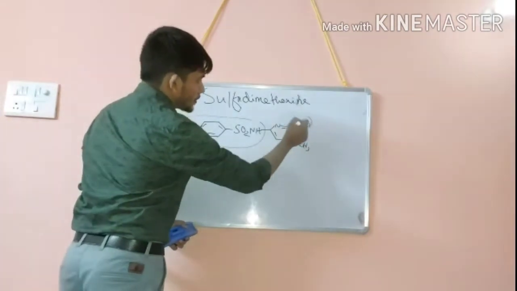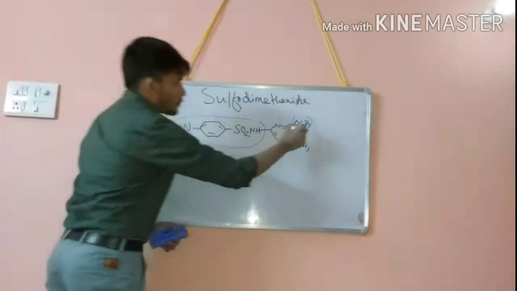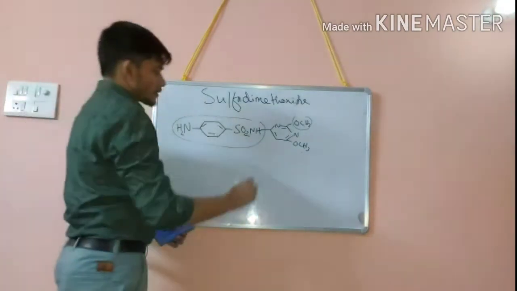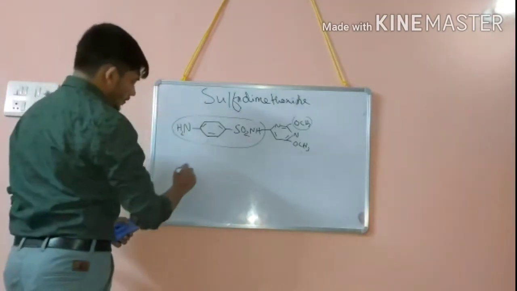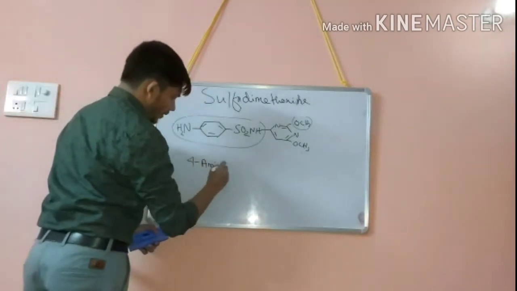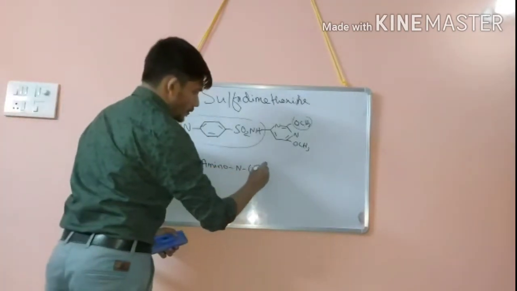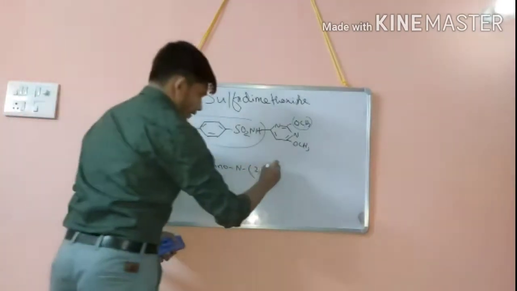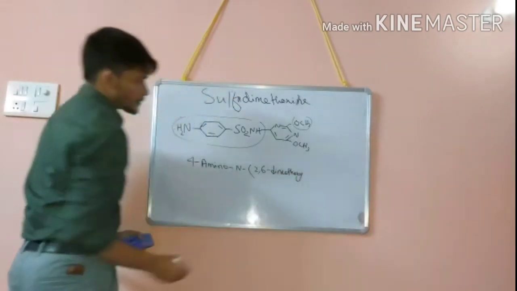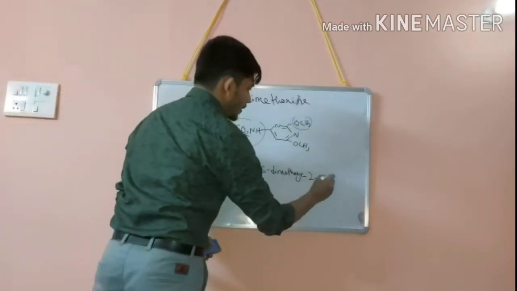with OCH3. That is, O is oxy, CH3 is meth. So methoxy group, two methoxy groups are there. Okay, so let's start the nomenclature. If I write 4 amino, then N, 2,6 dimethoxy, 4 pyrimidinil,